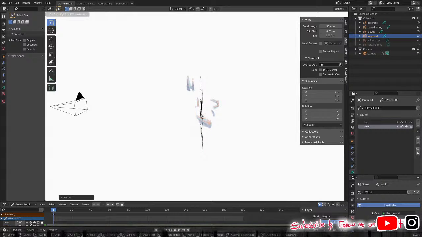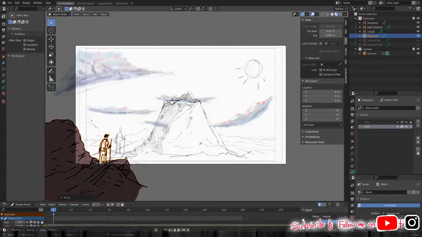Press G, bring it all the way up to here. Now if we go into the camera view, that should make it really big, which we don't want, so we're gonna scale it,